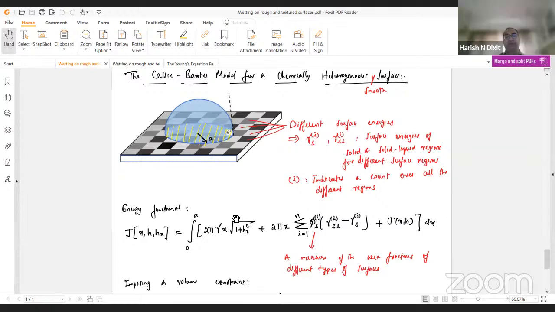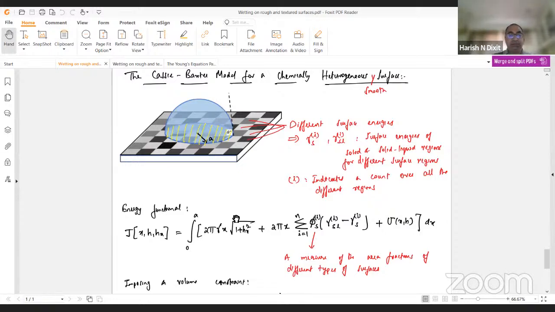Yes, that's why we call it an apparent angle. That's precisely why we call it an apparent angle. So let's imagine this, that the entire surface, here I've shown the different colors that you see here. Now this checkerboard pattern, the colors are slightly different. If you notice, they're not exactly the same shade of gray. The idea is to convey that on each square, the surface energy can be assumed to be constant, but it is varying. This is just a simple model, remember. That's why I call this a Cassie-Baxter model.